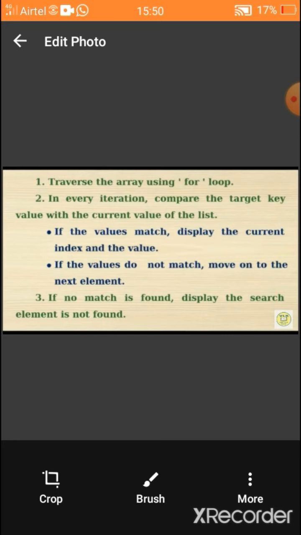It searches the values one by one. If the values match, it displays the index value. If the values do not match, it moves on to the next element. Third, if no match is found, it displays that the search element is not found. That means